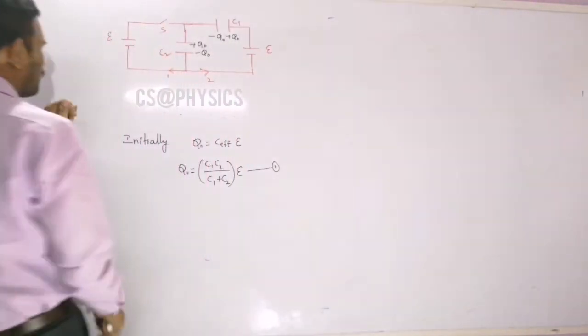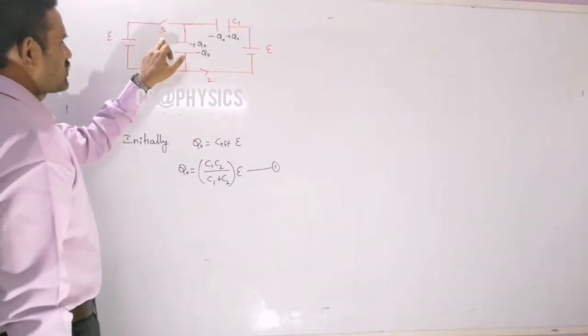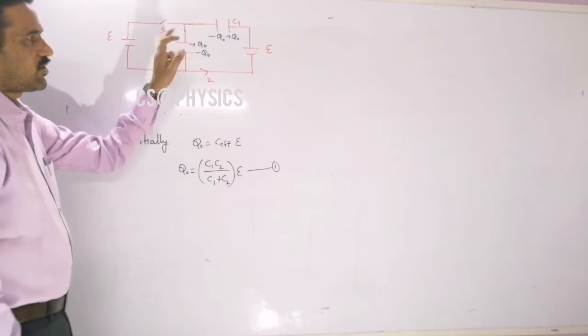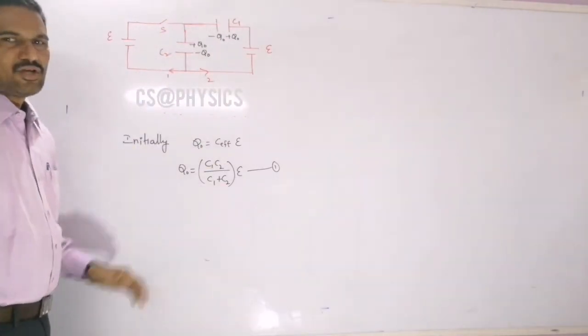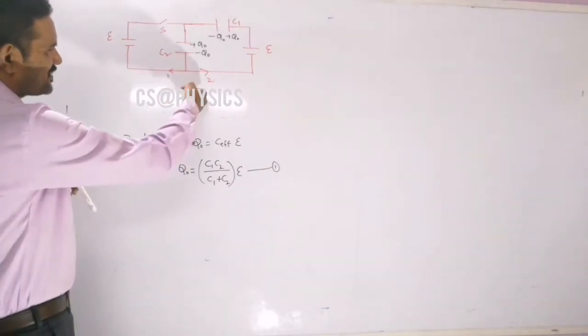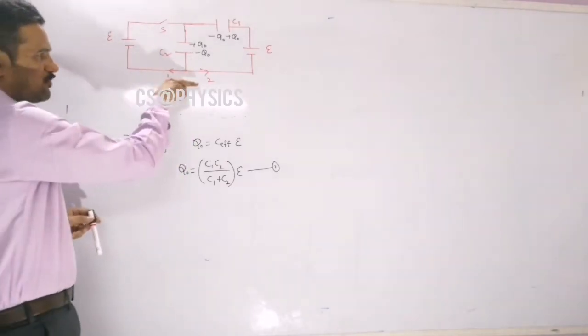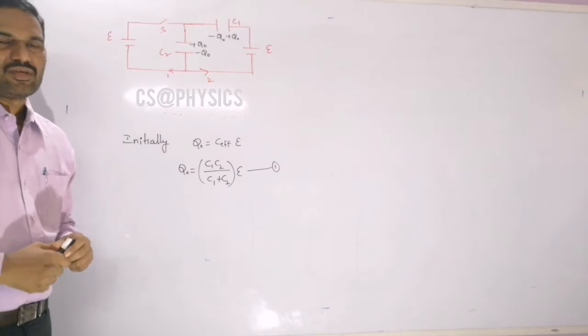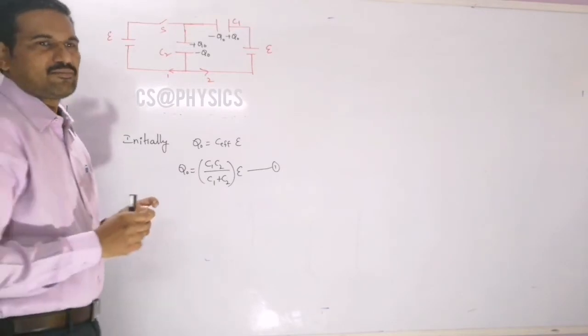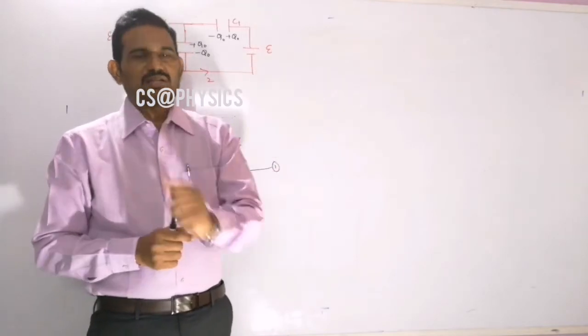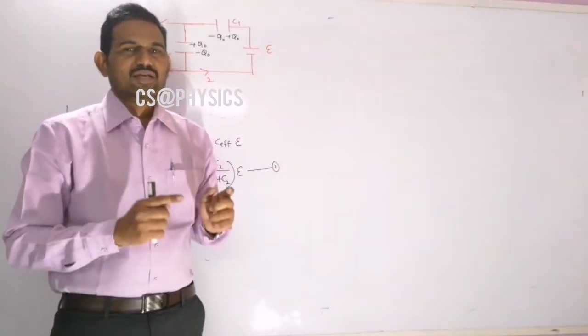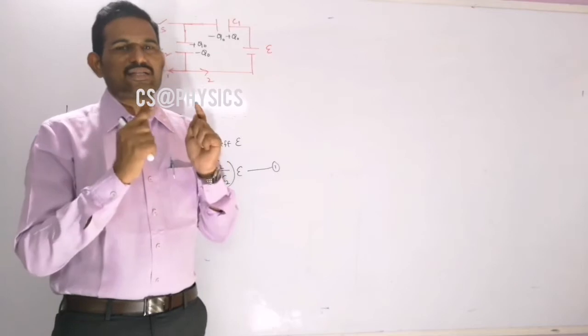So that is the given question here. This means the switch is kept open. Now these two capacitors C1 and C2 are connected to the cell here. Once that is closed, how much charge is flowing in this direction and how much charge is flowing in this direction? As I said previously, whenever they give the direction and ask how much charge is flowing in that particular direction, definitely you need to answer along with the sign.